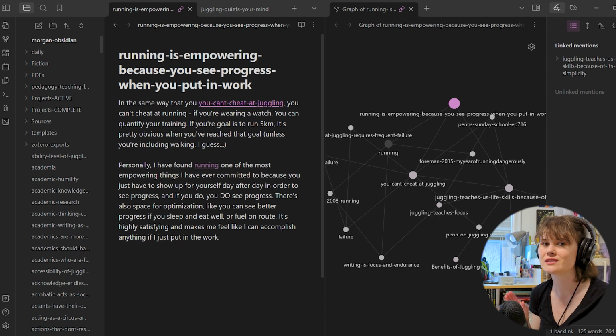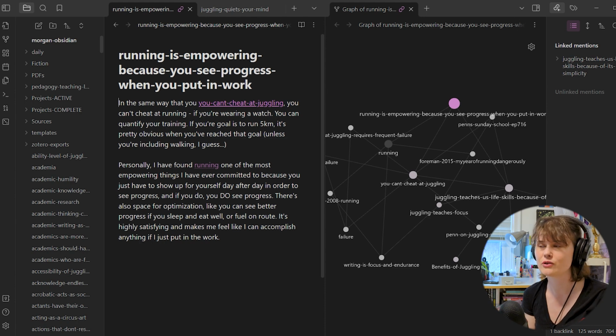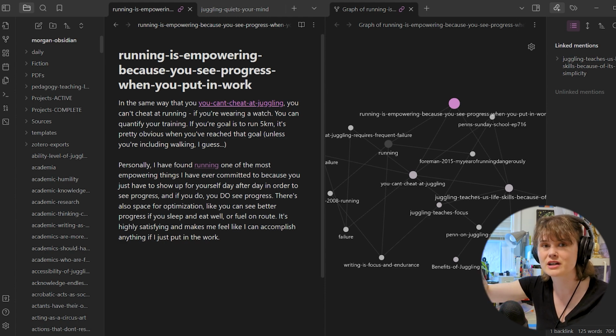When I'm first developing a note, I give it a title that is like the thesis, or what I think is going to be the thesis of the note, and then I write the note, and then I try to figure out a better way to say the thesis of the note, because although I want my titles to be very descriptive of what is inside a note, I also want them to be very short so that I can know what the topic of every note is when I'm on the left-hand side of my screen.